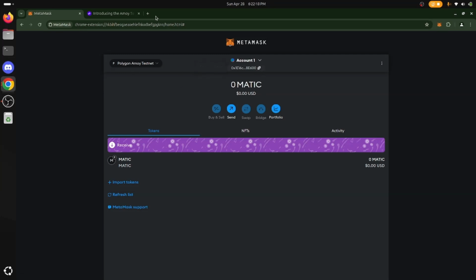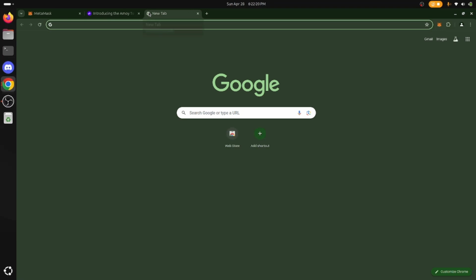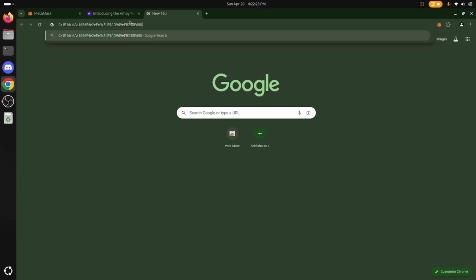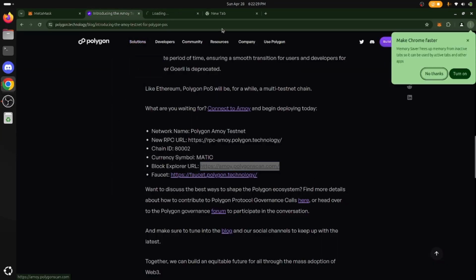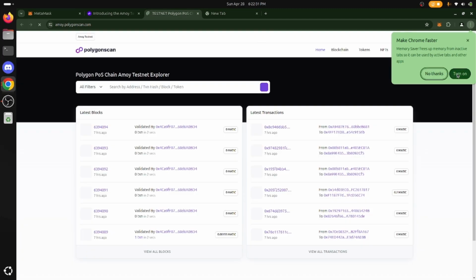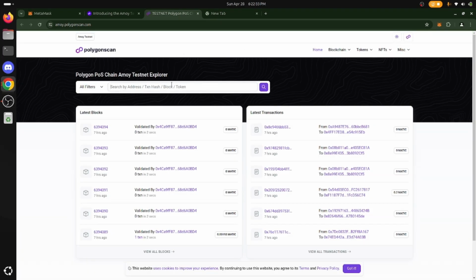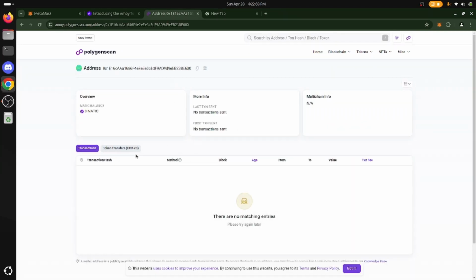You can just copy the address and then go to the explorer. This is just the address, so we need an explorer URL. We can just click on this and it will open. Let's just paste our address. We can see that